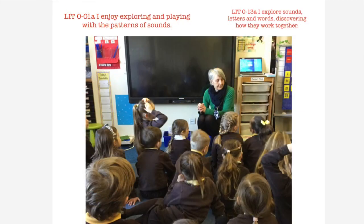Each morning we gather on the carpet at 9:15 AM for a whole class literacy lesson. At the beginning of P1 this is a short burst of around 5 minutes. But as children move through P1, they're able to sit for longer periods of time and we can increase the length of the lesson. On this morning, we practiced previous sounds and were introduced to our sound of the week,